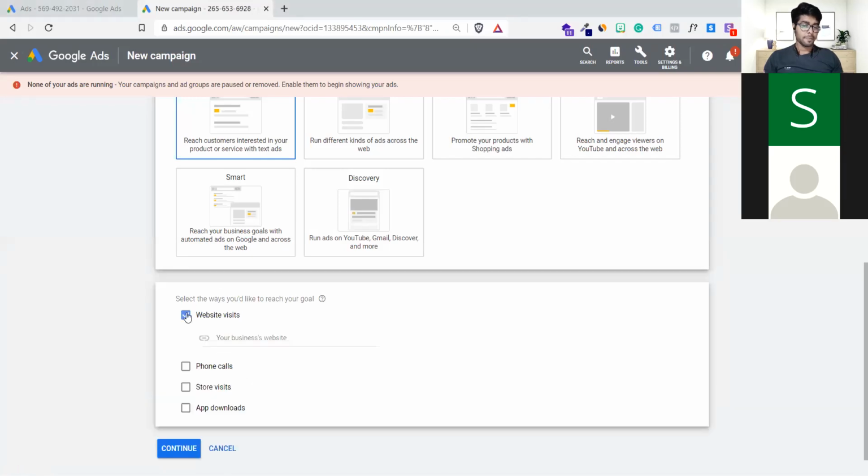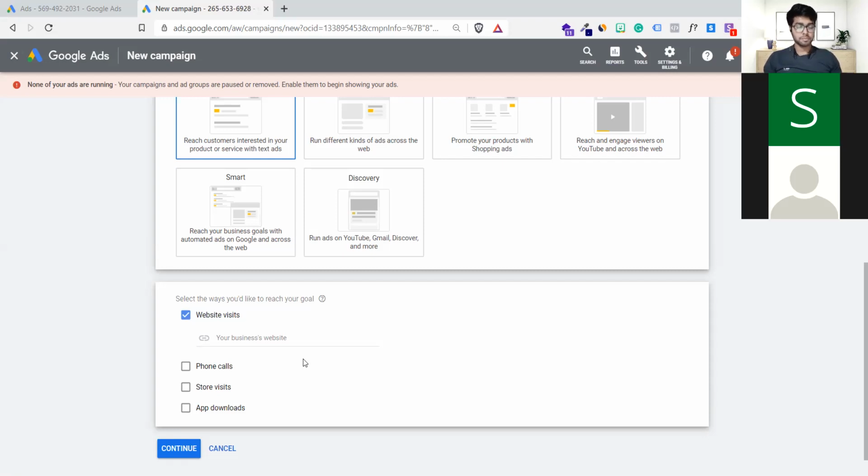Phone call, it's like call-only ads set up here, or for what kind of purpose? When the person clicks on the ad, directly it comes on the dialer, right? Yes, the moment they click on it, there will be no website open. It will straight open your dialer and it's good to call. It's a straight phone call feature.